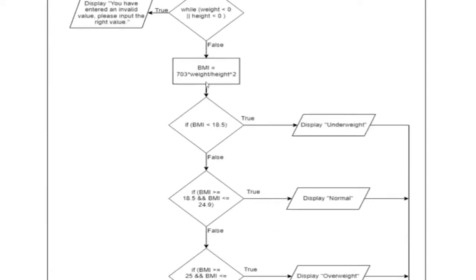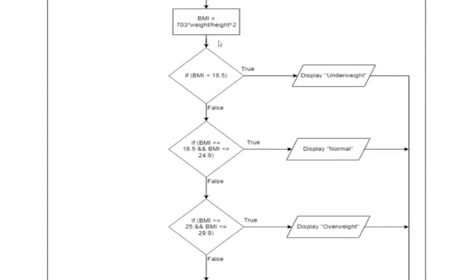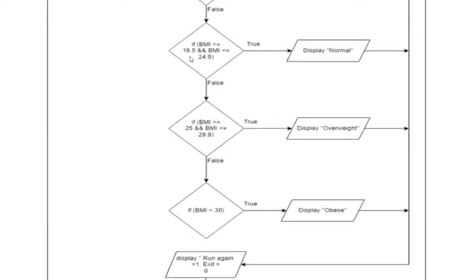program will continue to calculate the BMI based on this formula. After that, it will enter if BMI is less than 18.5. Then the command window will display underweight. If false, BMI greater than or equal to 18.5 and BMI less than or equal to 24.9,